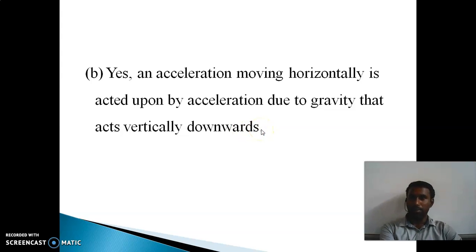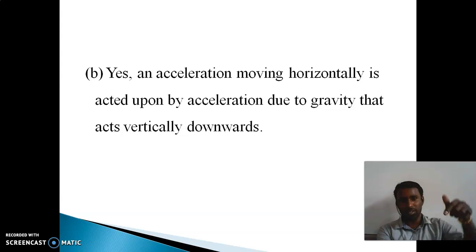So the object is going in this direction. Because of the gravitational force, as you know, it acts downwards. So even though it is acting downwards, that means the motion is not in a straight direction. Due to gravity, acceleration is possible. These are all for today's session, I think.